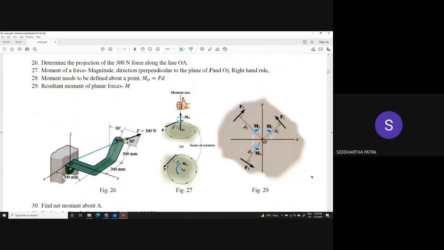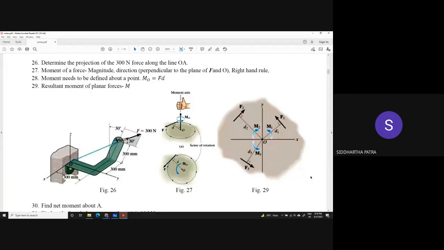Which is figure number 26. So you see that 300 Newton force F there. Now please understand where it is lying. So the structure that you see there, whatever you want to call it, clamp or a frame. So starting from the origin, it is initially along y-axis. Then it takes a turn parallel to negative x-axis, and then it makes an angle of 30 degree with the vertical